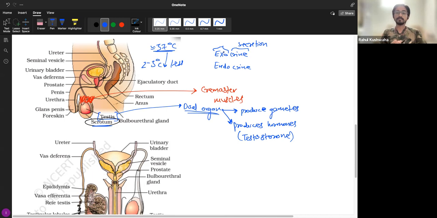Exocrine glands secrete majorly enzymes. Okay, for example, saliva is an enzyme, right? Salivary amylase is an enzyme present in saliva. So the salivary glands are embedded inside our cheek and in the jaws, right? They are called submandibular salivary glands, parotid salivary glands, and the ones present in the cheek, maxillary salivary glands.